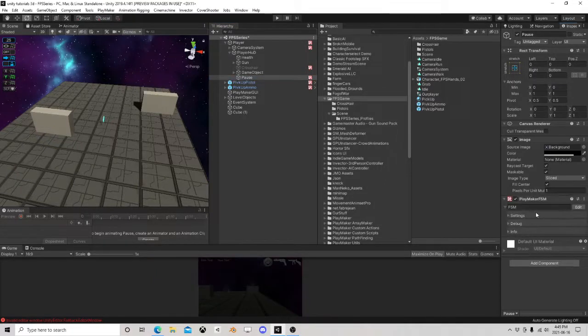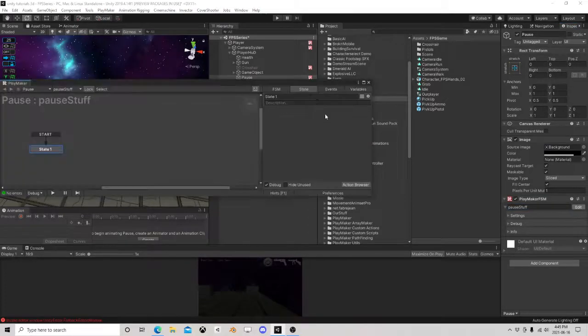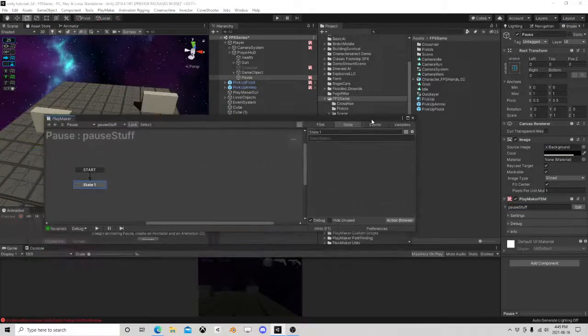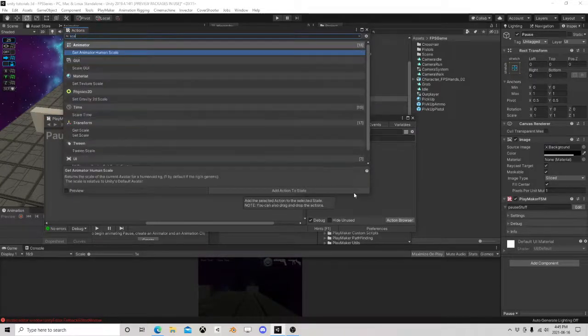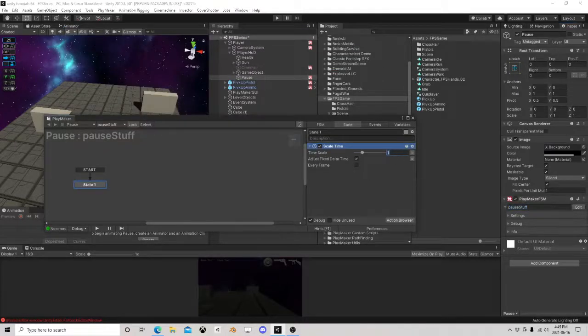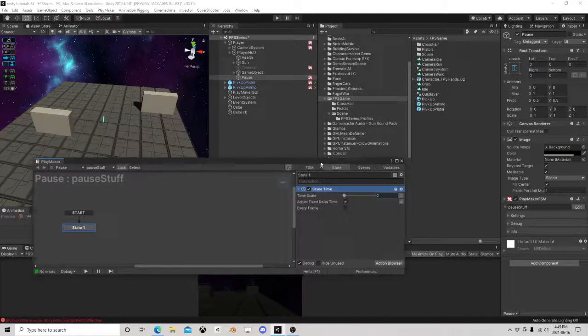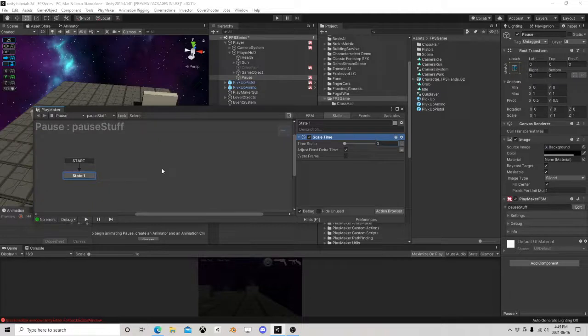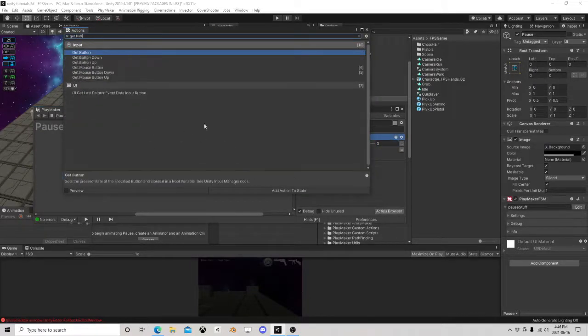And it's going to serve us some other functions too, which is why it's important it gets built. This guy needs to, let's scale time to 0 when he is open, and get button